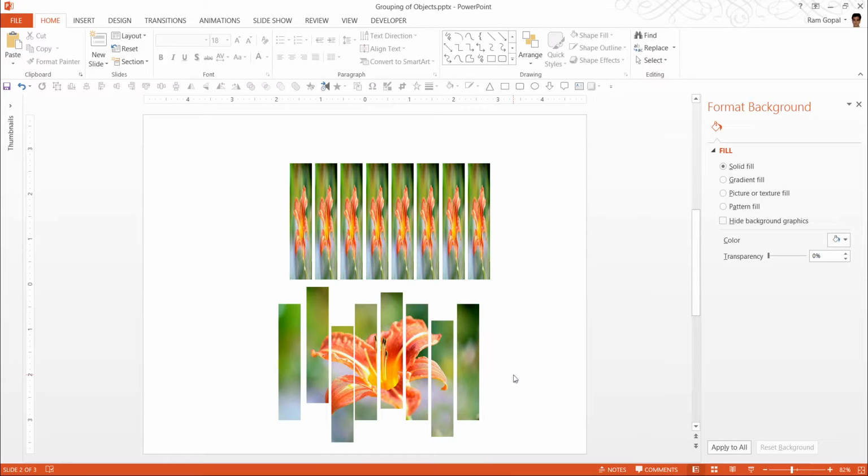When we move to advanced tutorials in PowerPoint, you will see the power of grouping in full flow. For now, the thing that I would want you to remember is that the shortcut for group is Ctrl G. The shortcut for ungroup is Ctrl Shift G. Second, grouping helps you to align elements easily. Grouping helps you to resize elements much more professionally. And third, grouping helps you to create some very interesting design patterns.